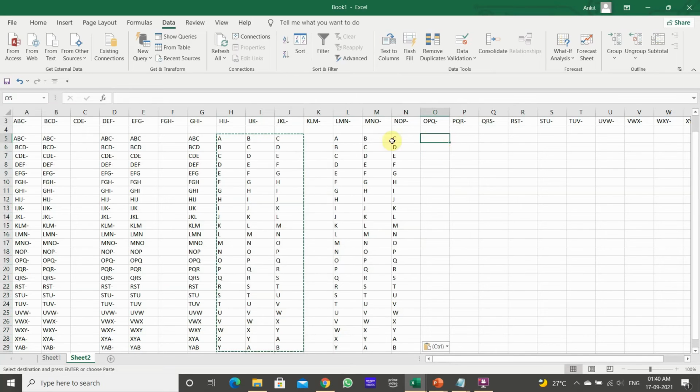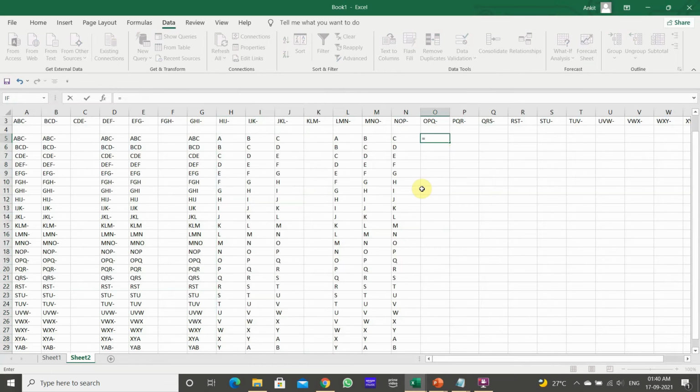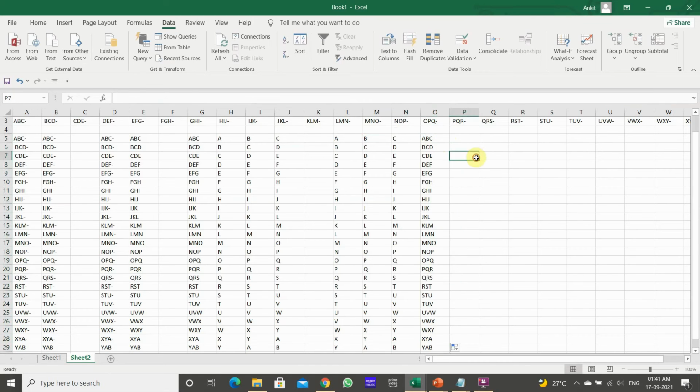Now I want to combine all these 3 together. How can I do it? I will use the concatenate function. Concatenate. Enter. Okay, and autofill it. So in this way you can combine the text as well. Now let's copy it,